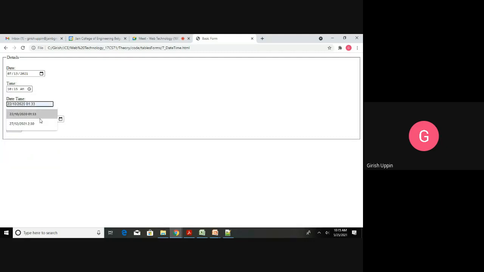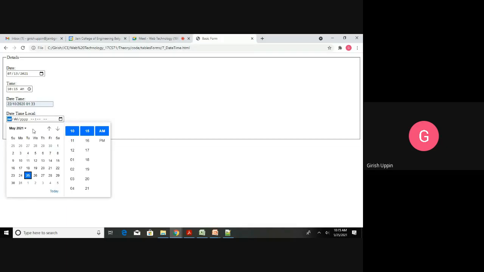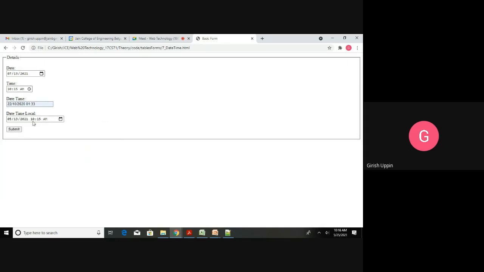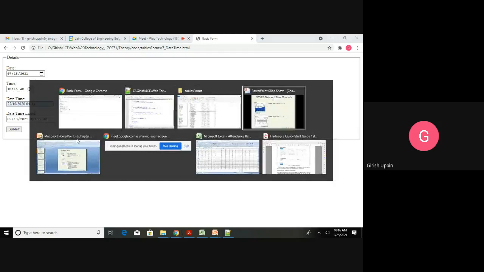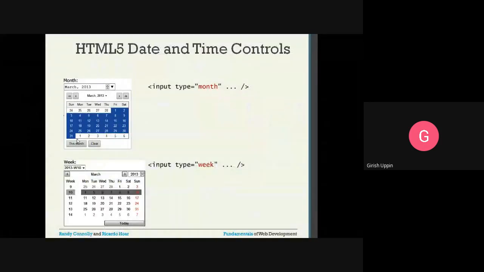So if it is a date and time, you will provide both date as well as time. So this date time local, this will give this option. You can select any date, you can specify the value for the time. So depending upon the requirement, you can use one of the controls that are available for the date. And for month and week,